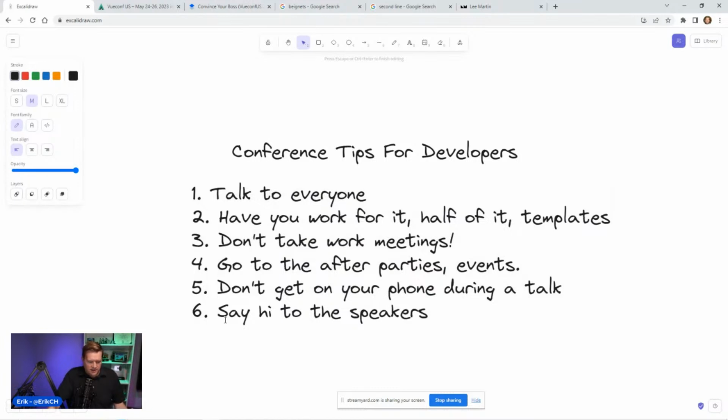One thing I've done a lot is if someone approaches me during a conference or a talk and they want to connect, I put those people at the top level of my connections. In LinkedIn, you can click the search bar and you can have a QR code. So I'll just show my QR code to everybody, and they can all scan it with their phones, and we can connect on LinkedIn real quickly. I'll also tell them to follow me on Twitter at EricCH. And if someone from a conference messages me,